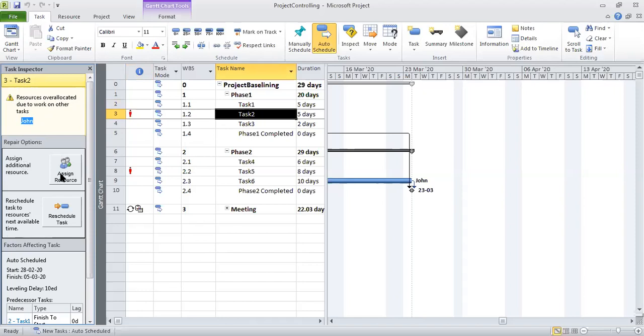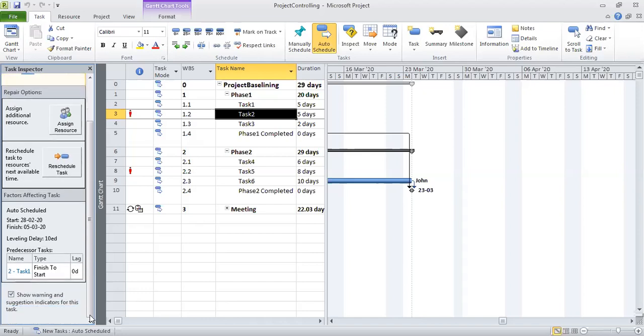It gives me repair options: I can add additional resources by using the Assign Resources feature, or I can reschedule the task to the next available time, with the Reschedule Task button shown here. So I can use this information.